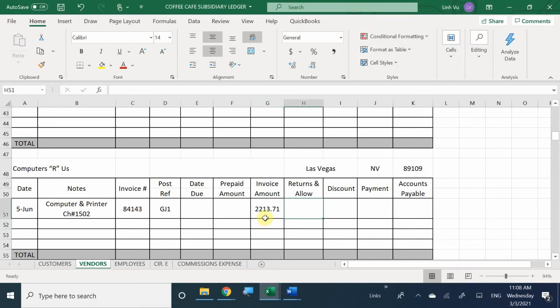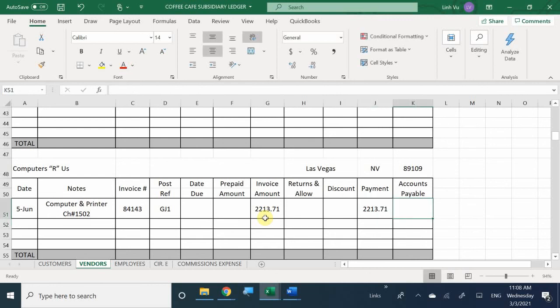Did I make any returns and allowances? Not yet. Obviously when I go into the store, was there a discount? No, because I bought it straight up full price. And did I make a payment to it? Yes, you did. You wrote a check number 1502 for the amount of the